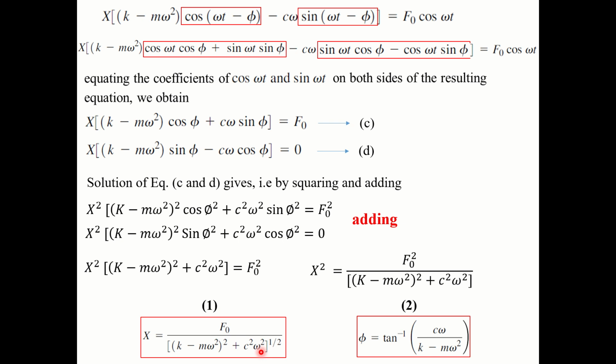For today this is enough, and if you have any doubt you can ask. Next we will see how the response will be for the system. These are only constants we find from the equation of motion. So this is 1, this is 2. Remember these two, as we will plot a graph of how x varies with respect to the forcing function and frequency. When I change the frequency and force, how does my x vary.